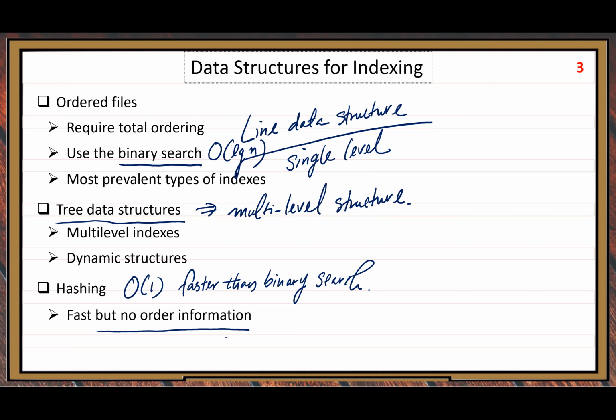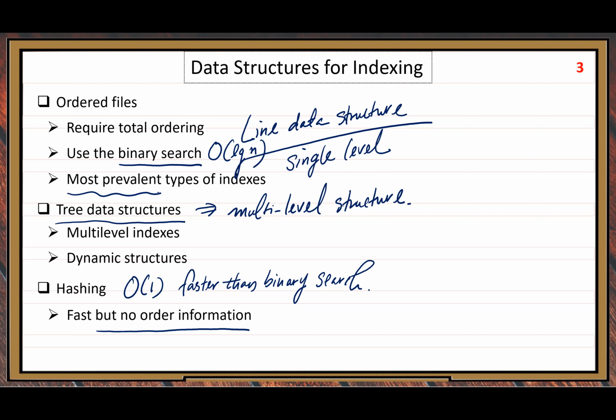That's the reason why the binary search based indexes are the most prevalent, right? Its search speed is slower than hashing. The searching speed of binary search is slower than hashing, but it is still more prevalent. People like to use binary search based indexes much more than hashing because binary search still